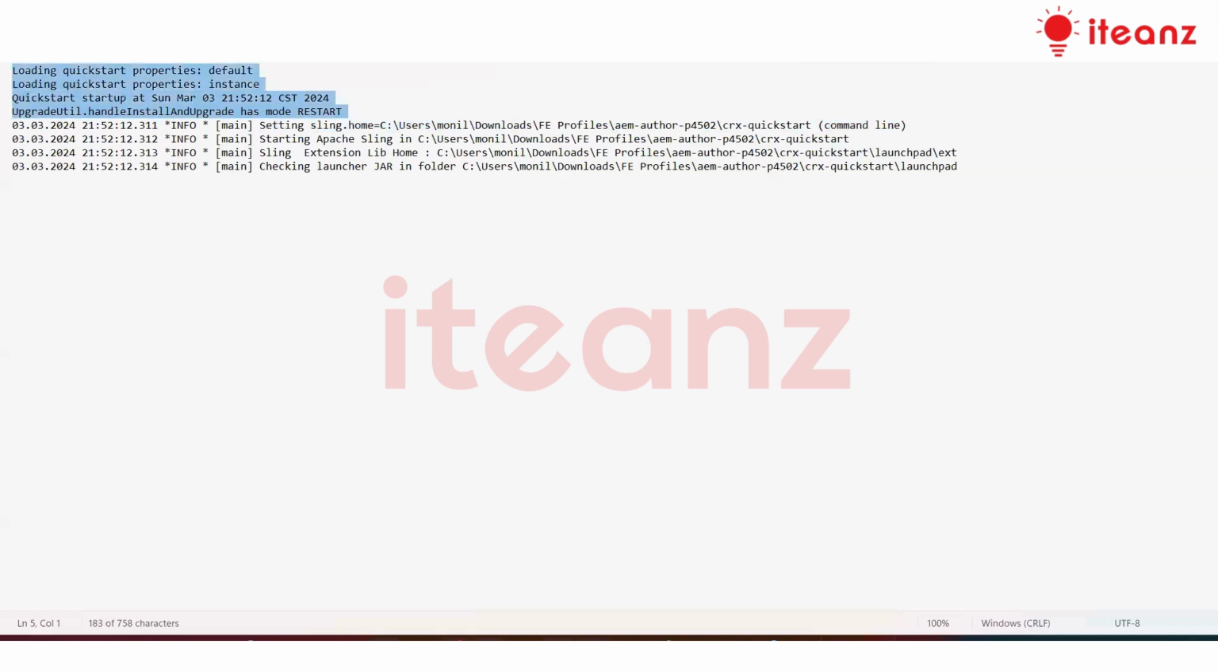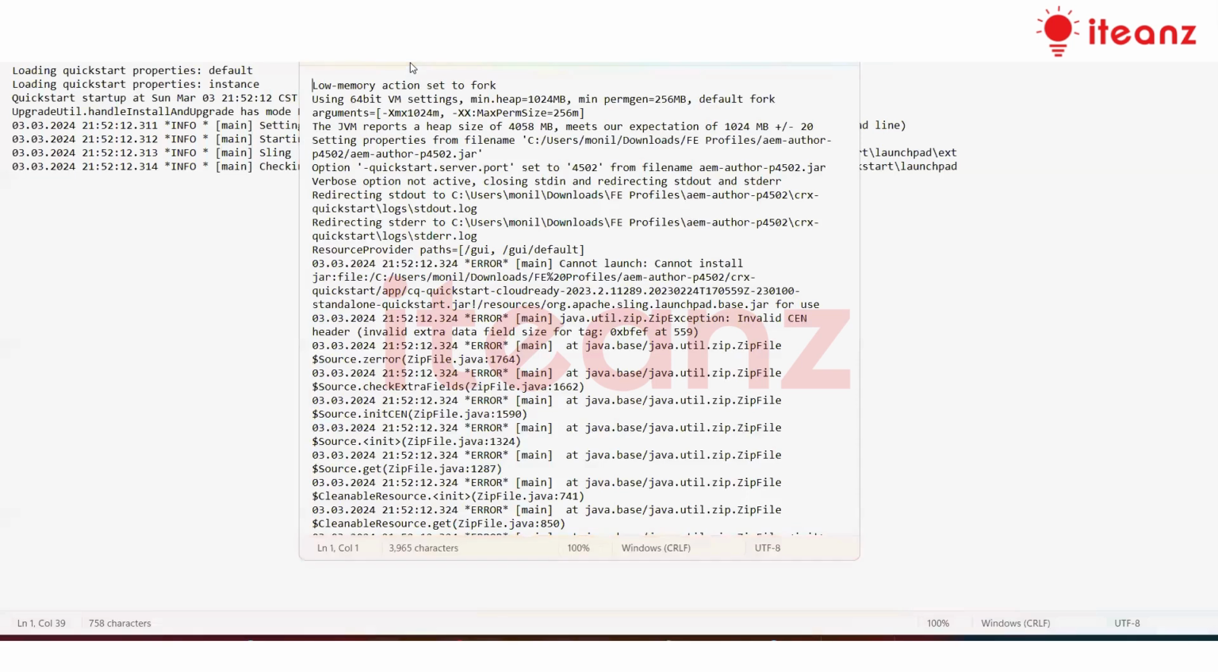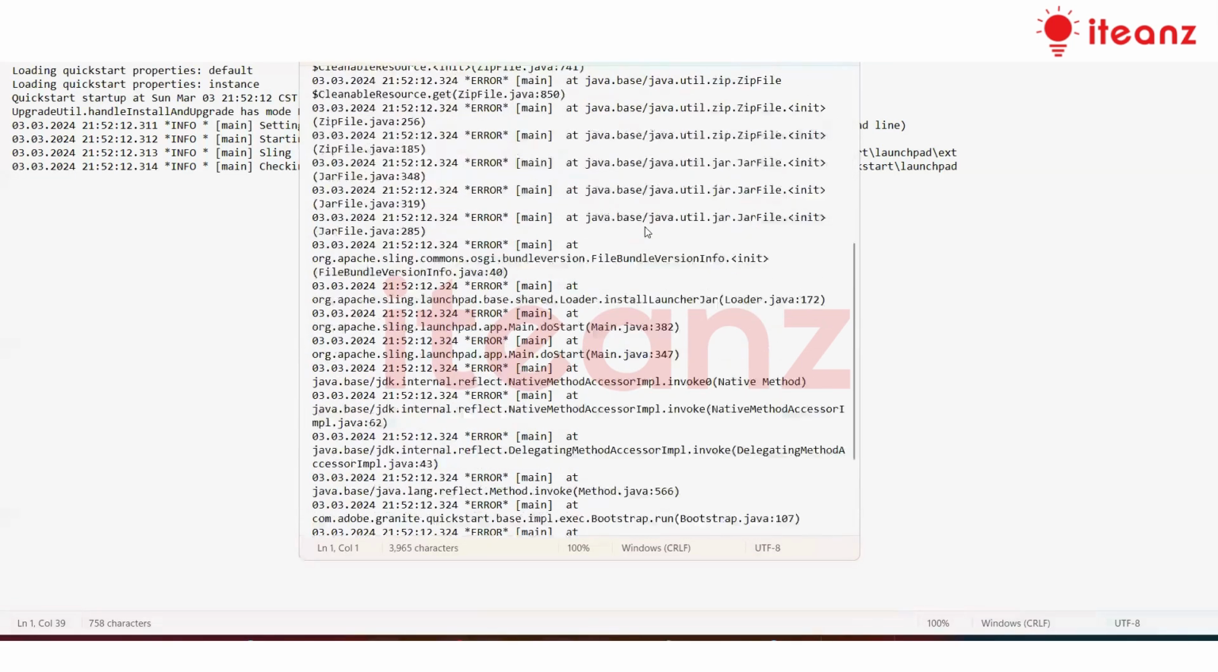Somehow I'm not able to access the other folder. Only the browser, this particular part, I can access. Wait, just